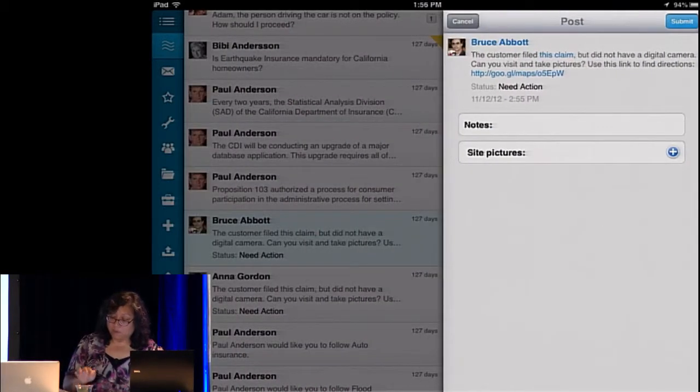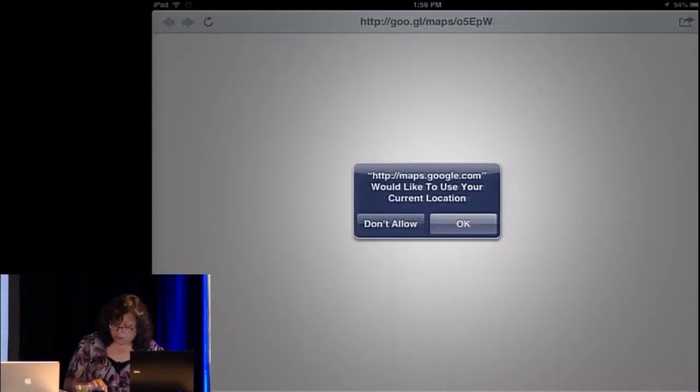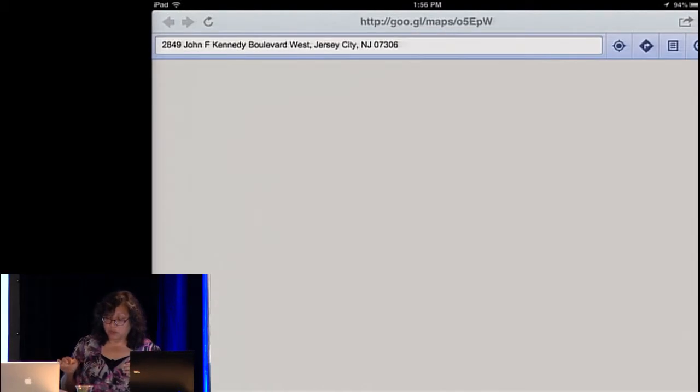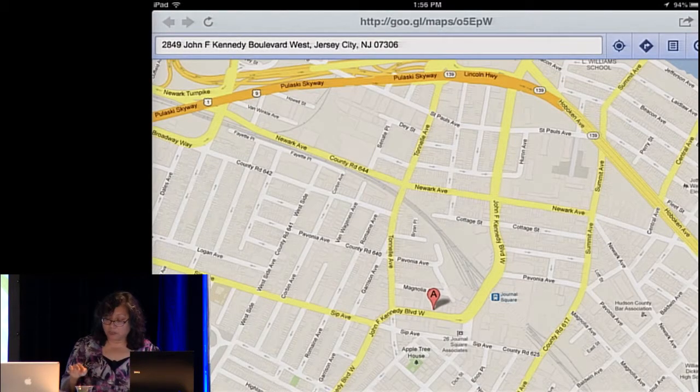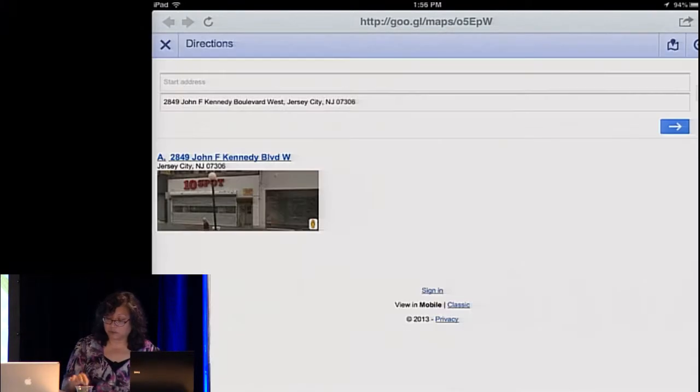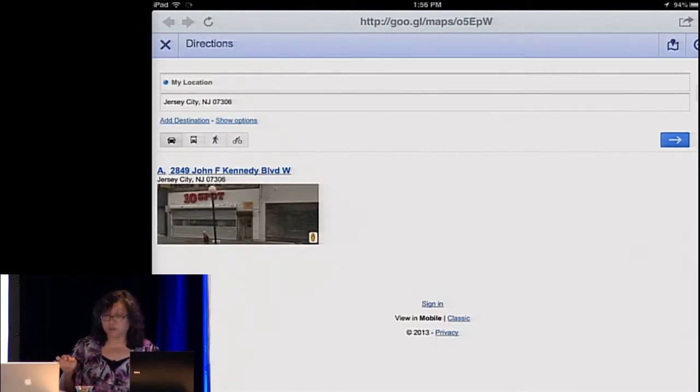Within this particular case, they also send me a Google link, and it will show me where this particular property is. Given my location, I can get directions on how to get there.